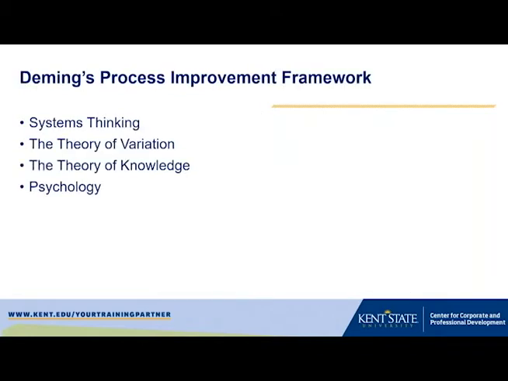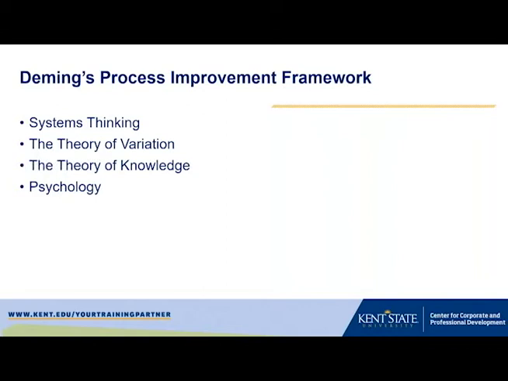So I did want to at least mention that a lot of this that I talked about, the scientific method, this A3 thinking, it does stem from work that Deming was involved in and promoted there in Japan and here in the U.S. starting in the 1940s. And it's these four aspects. You can read a lot about that in other texts, including Deming's 14 points, books like Out of the Crisis that he wrote. A lot of good thinking from him. But it's these four things.